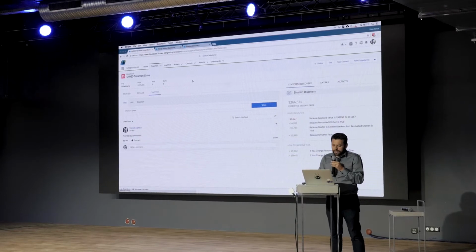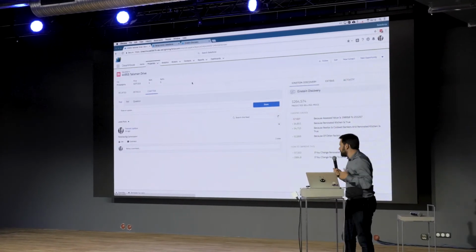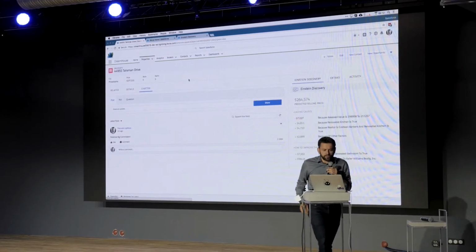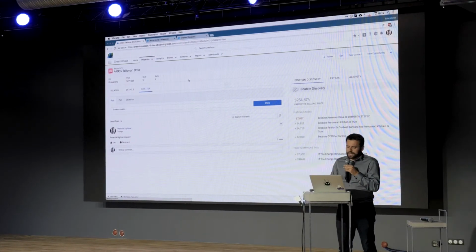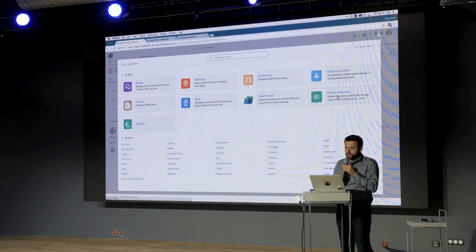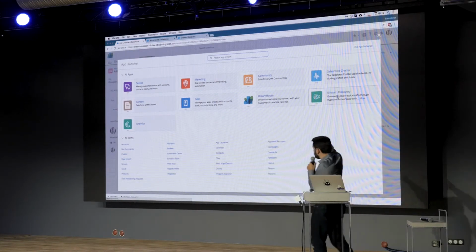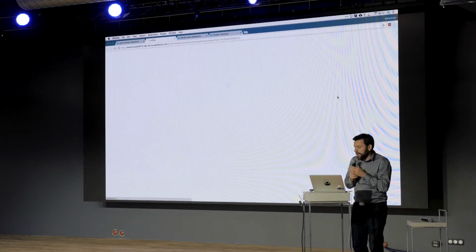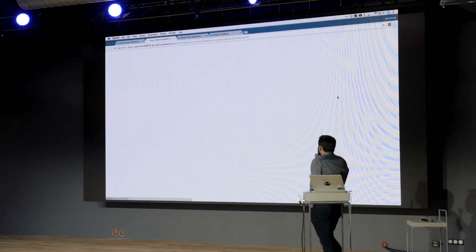So, you know, it's possible. Now I'm going to show you a little bit of how I built it, how I made this possible, so that when you are back home, you can do exactly the same as me. What I did, I created this org, and this org now has Einstein Discovery. So it's how you are going to access Einstein Discovery directly from the app switcher. You click on it, and it's going to open a new tab, and you are going to be able to